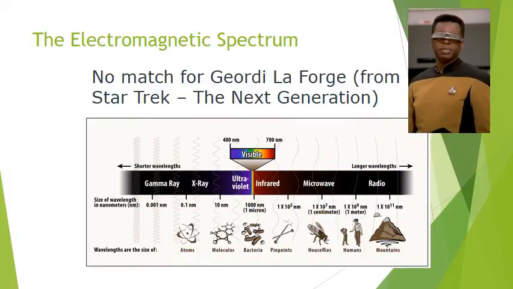So I did a little bit of research on Geordi. Geordi could actually see radio waves and microwaves. He could even see into the X-ray, at least according to the information I was able to dig up on Geordi. So he could see way, way more than just the narrow visible spectrum, which may seem great, I guess,